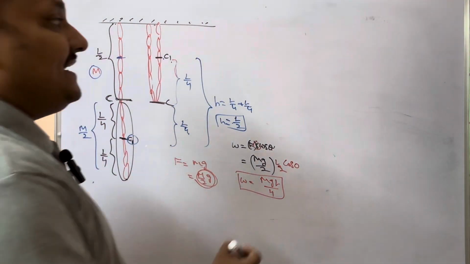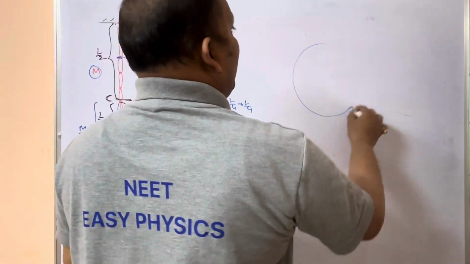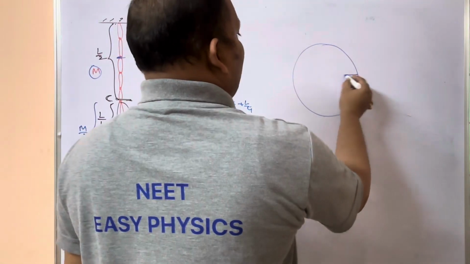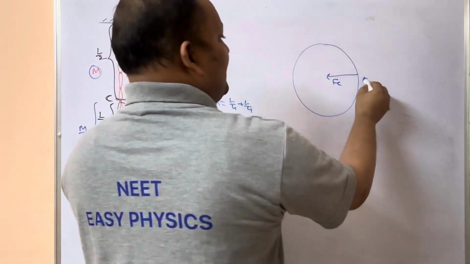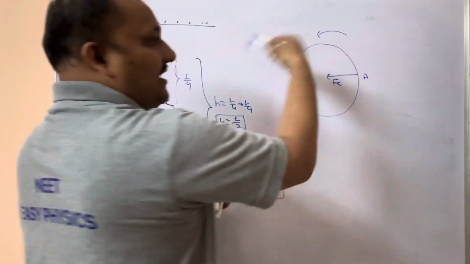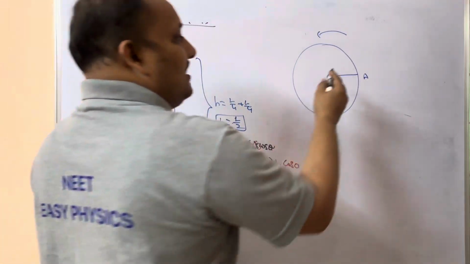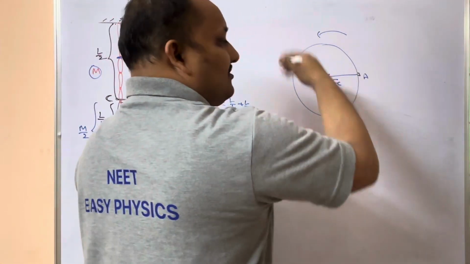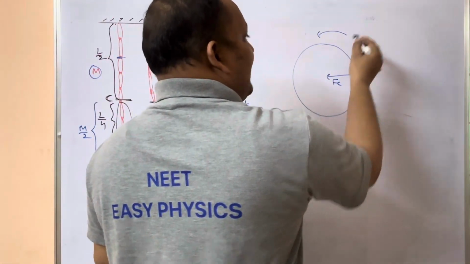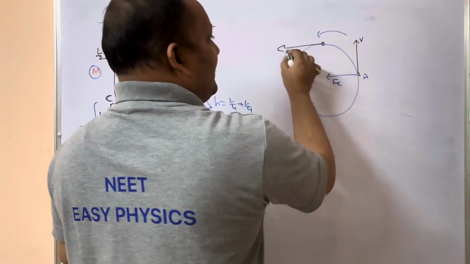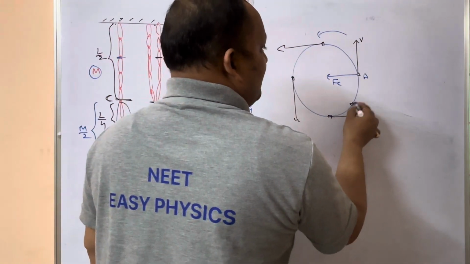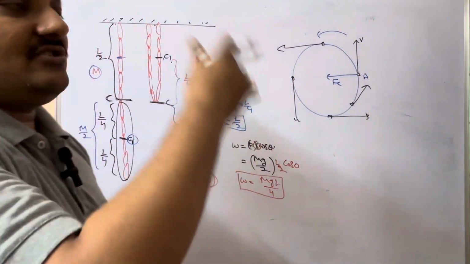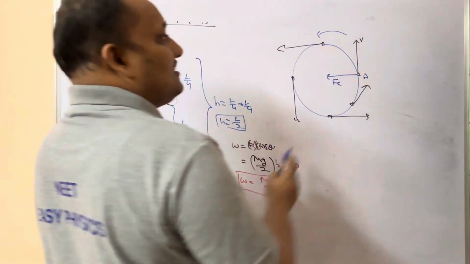Next, work done by centripetal force whenever an object is moving in a circular path. Centripetal force will act towards the center. If the object is rotating in anti-clockwise direction and you leave it here, it will move in this direction. If you leave it here, in this direction, in this direction. So the object always moves in the direction of the tangent. In which direction the velocity is there,